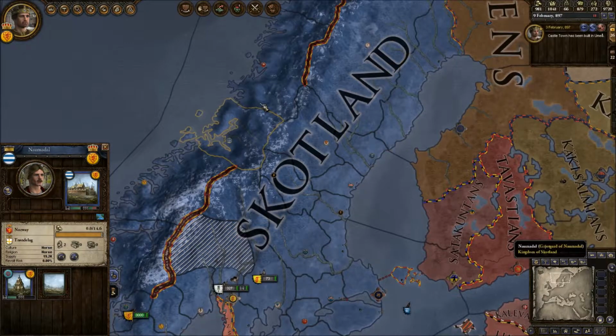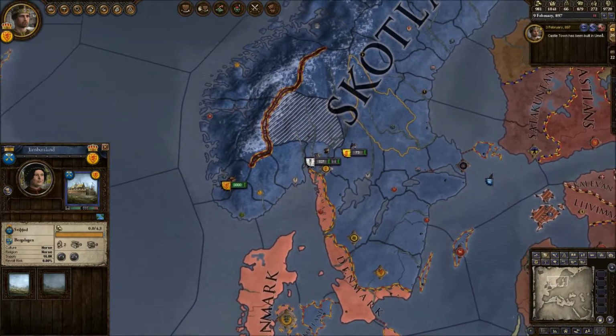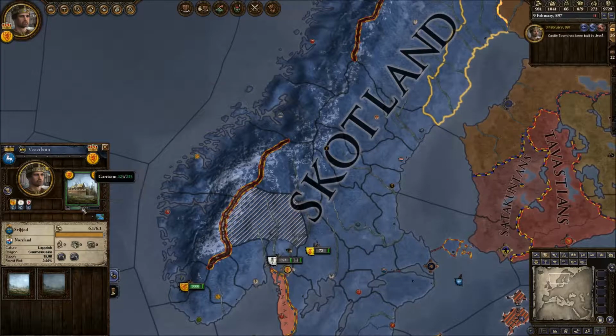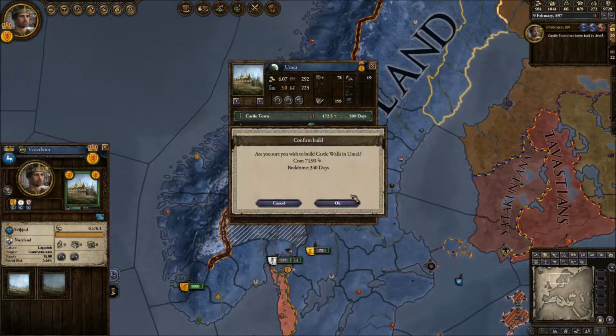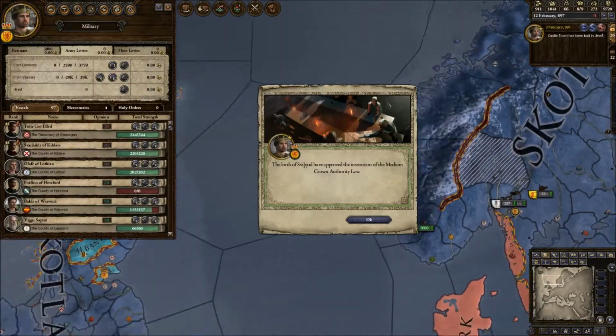Castle Town has been built in Umaye. I don't know where Umaye is, but... Oh, it might be here. No, here. Might be here. Yes, that's where it is. Okay. We'll build some castle walls there, too, just for the hell of it. How much money do we have? 909. We should look into...